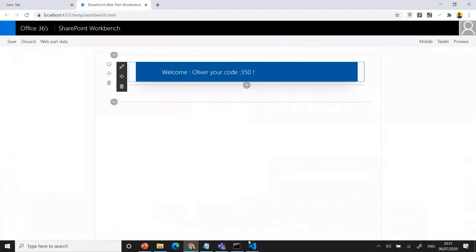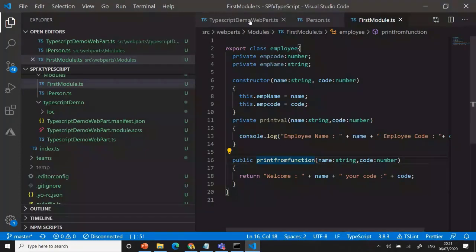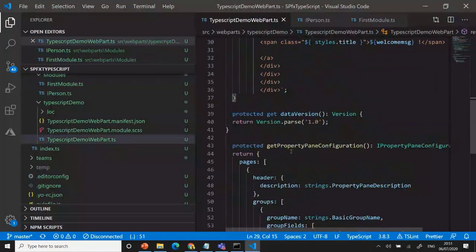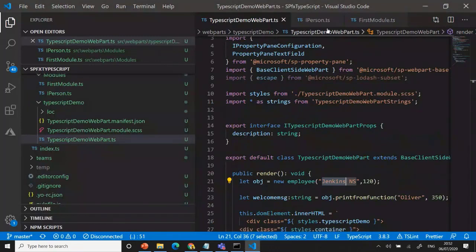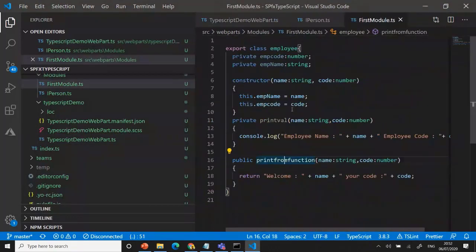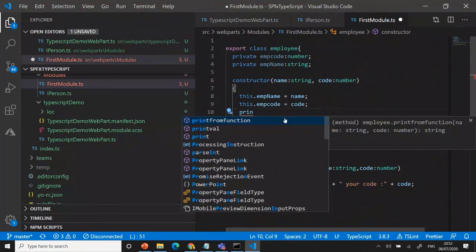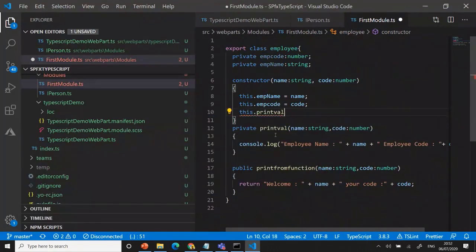I can score the code while calling, what I did is just call the constructor. Okay, we did not call the private method here. That's the reason it's not getting the value. You need to pass the value, right?